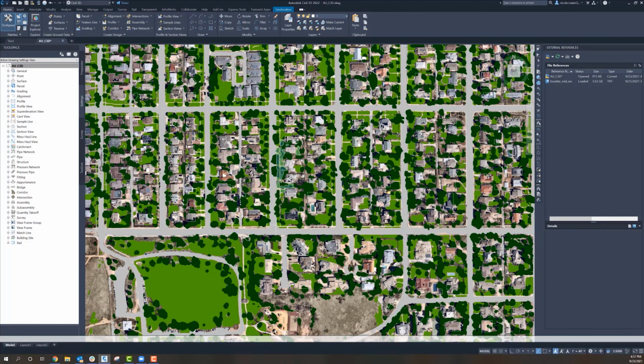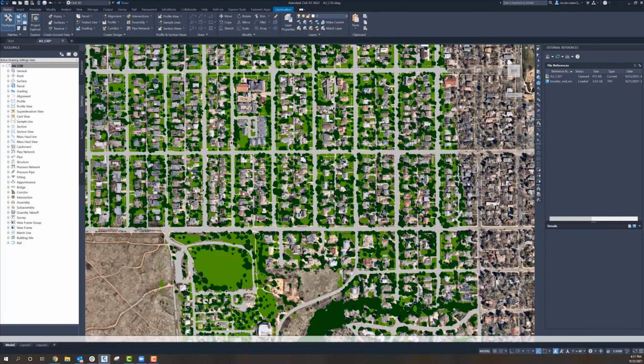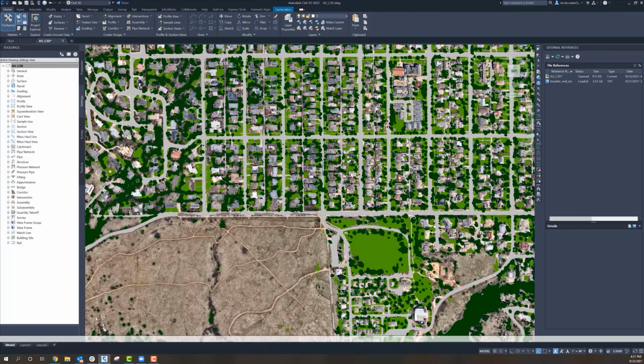You're not going to be spending the time drawing out these lawns and these roads and all the different vegetation information. So let's take this example one step further and bring in a 3D DEM underneath here and generate contours, because that's going to be a great tool for considering any type of site planning and design.